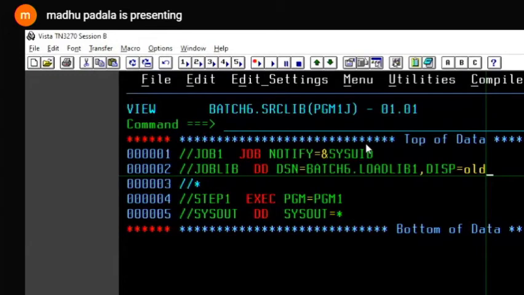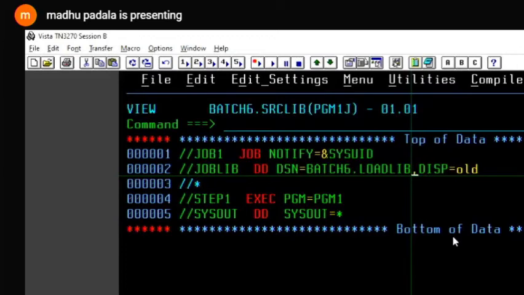They are executed one after the other, because when the first JCL is using the disk as OLD, the second JCL cannot be executed. Exclusive control. When I'm using this load library in this JCL, after completion of this JCL only, the other JCL will be executed. Do you understand? Yes, sir.